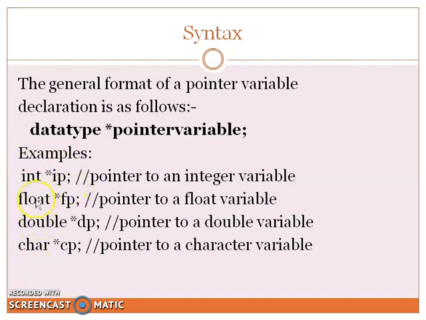Here we have declared 4 types of pointer variables. The first one is of type integer, the second one is floating point type, the next one is double, and the last one is the character type. Each varies in its memory size. You know that each data type can occupy some memory bytes, so the memory size varies when we declare different data types. But a pointer variable is always referring to an integer value, that is nothing but an address value.